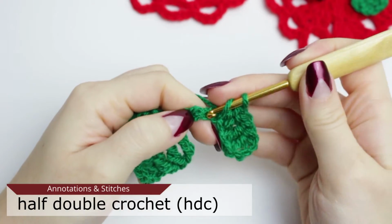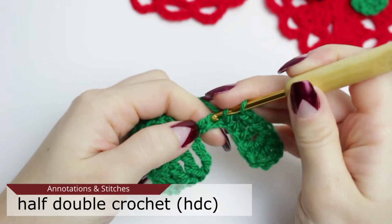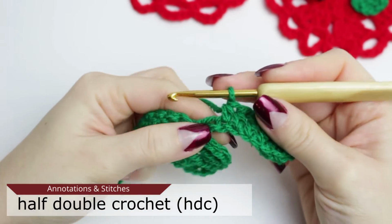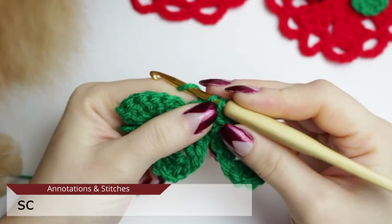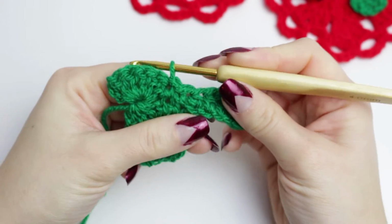On the next 2 chains, you're going to be creating half double crochets. So it's basically creating the first part of the double crochet, but instead of going through the loops, you're just going to yarn over all of the loops together. So you're going to be doing that 2 times on 2 stitches. And lastly, you're going to be creating a single crochet. So now to connect this part into the project, into the next stitch available, you're going to be creating a